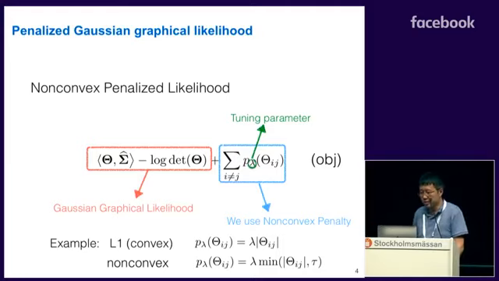An example of a convex penalty is the L1 penalty, which will be something like that. The non-convex one could be defined in different ways, but for example, this will be a non-convex penalty, which truncates the L1 by some threshold. The threshold means up to L1, then you flatten out. So this is a